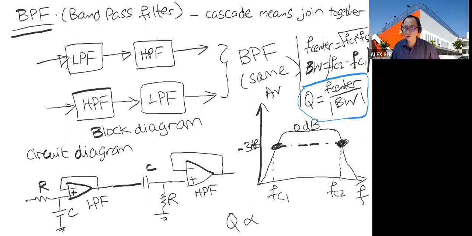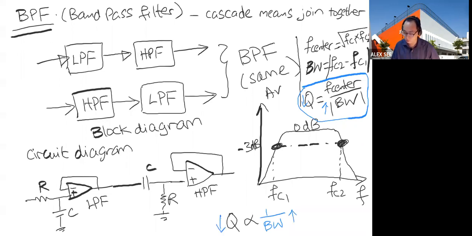So if your bandwidth is very large, if your bandwidth goes up, your Q will be reduced. Do you see the point? Your Q is inversely proportional to your bandwidth. So the point is that if the bandwidth goes up, if the bandwidth is large, your Q will